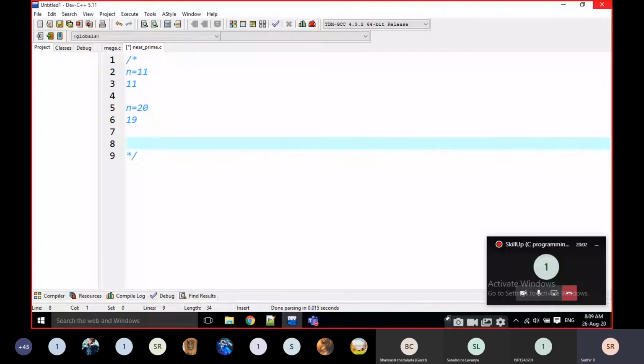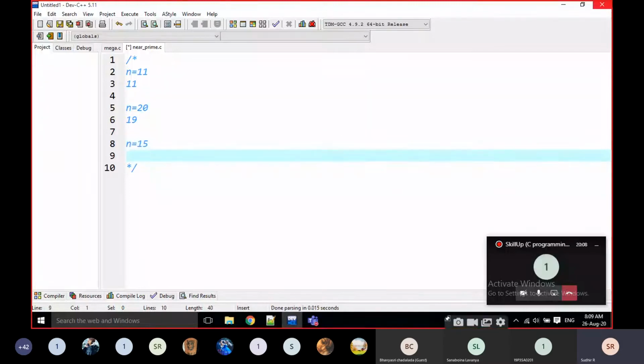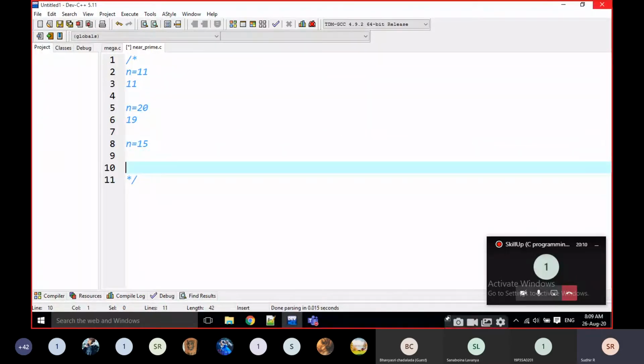And the third case, if the input is 15. 15 is not a prime, and it is in between 13 and 17.